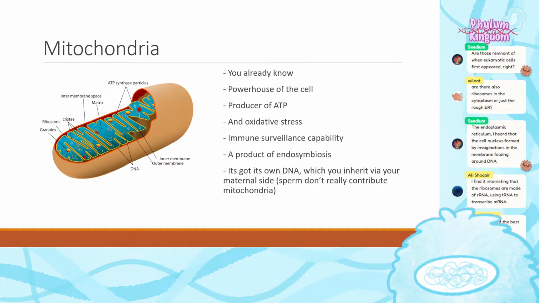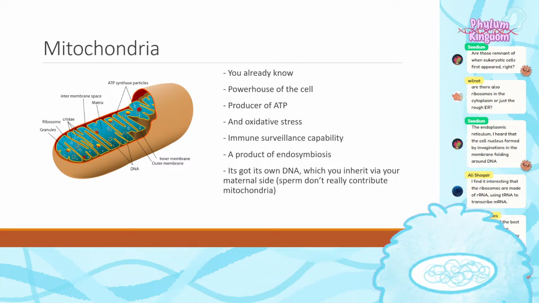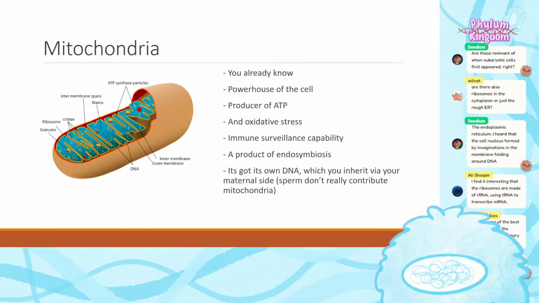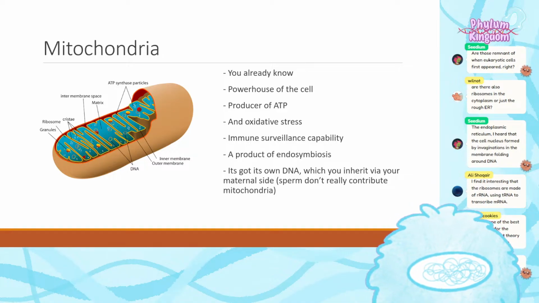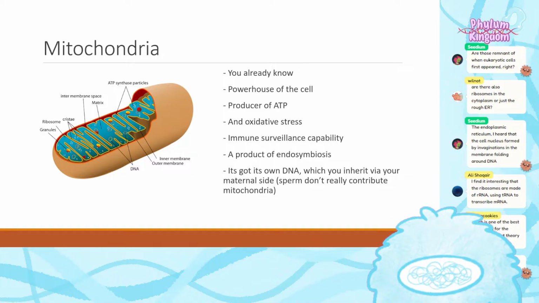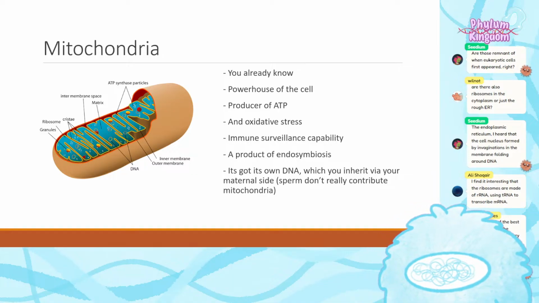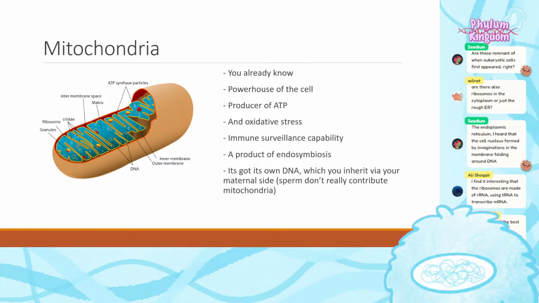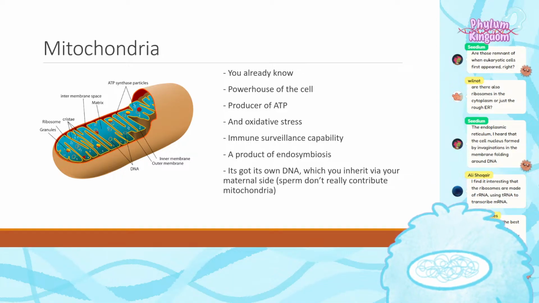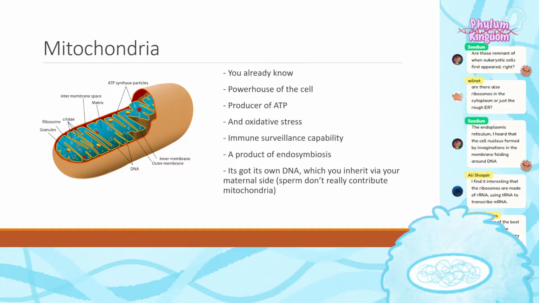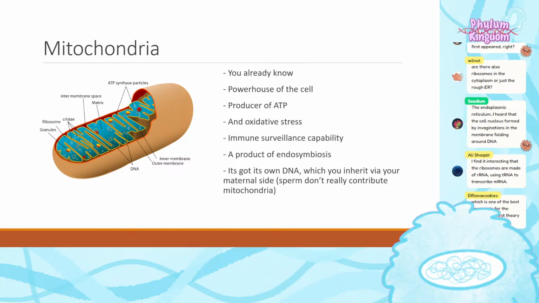So not only does it provide us with energy, it's also one of the first line immune surveillance organelles that we have in this cell, which is something that I learned not that long ago, surprisingly. And it's also got its own DNA, which is also very cool. You inherit your mitochondrial DNA from your mother because sperm don't really contribute their mitochondria to the egg, the zygote making process. So you can trace your mitochondrial lineage through your matrilineal line, which I think is also very cool. Tiny cells in our cells, exactly.